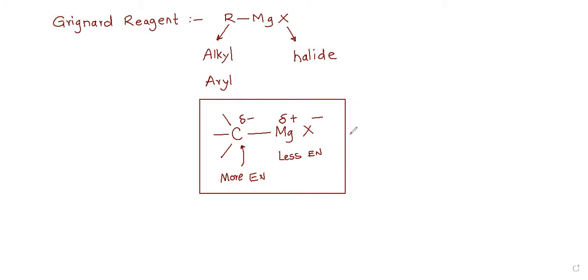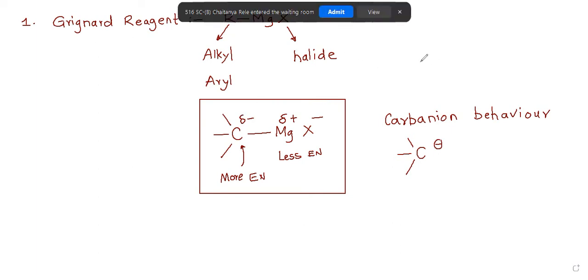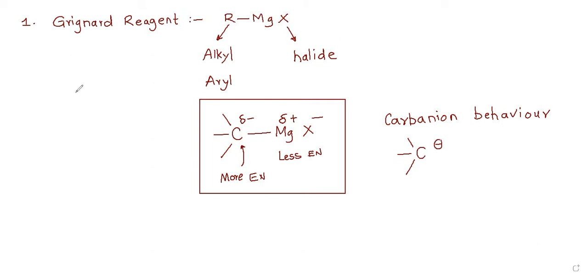That is why whenever a reaction is taking place, carbon can show what is known as carbanion behavior. By carbanion behavior, we mean that it's going to have a negative charge present on it. So, whenever you write the reactions of it, always remember that carbon is going to possess a negative charge in Grignard reagent reactions. This is our first point of basic introduction of Grignard reagent. I hope this whole thing is clear, no doubt about this. Very simple basic introduction.